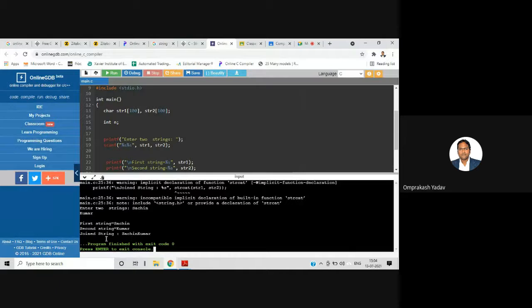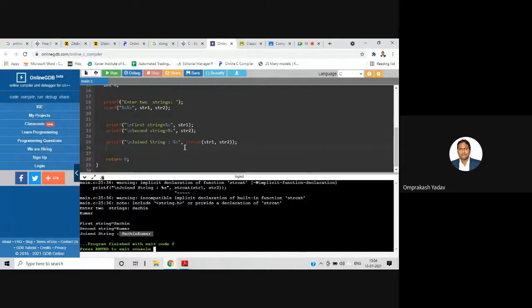Now if you see the output, this one is the joined effect of the strcat function. It joins both the strings together. If I wanted, I could have joined them with a space in between. So remember, strcat is the string concatenation function, which concatenates two strings together.